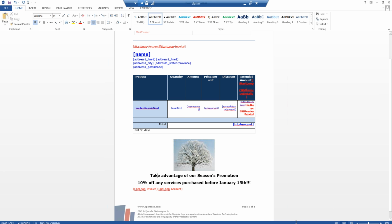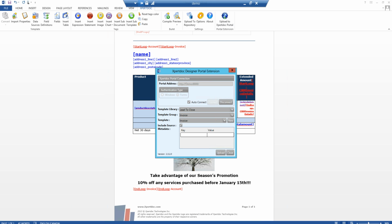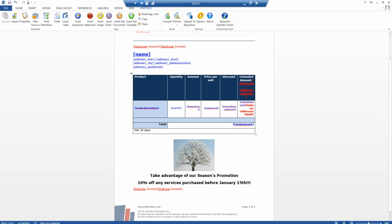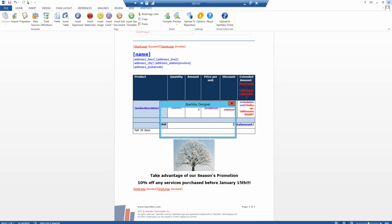So I've made that change. I know nothing about programming. I know very little about CRM, but I do understand that my manager told me, go open that document and change that picture and change that offer. And then all I have to do, I click upload, and that template remembers where it needs to go, and I click upload again. The document is sent, and that's it, literally. I can now close that,